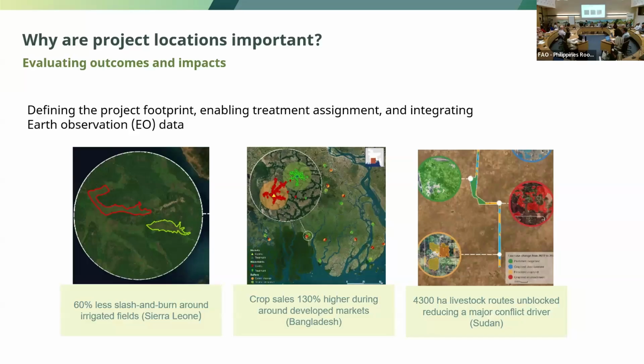And then, of course, for geospatial impact evaluation, we need this data. Kunwar here argues it's the foundation of a geospatial impact evaluation, right? The intervention records. If we don't know where something happened, we can't attribute the activity and also the impact of the activity to a location. So it's important to define the geospatial footprint. It enables the assignment of treatment, and it also makes it possible to integrate it with Earth observation data.